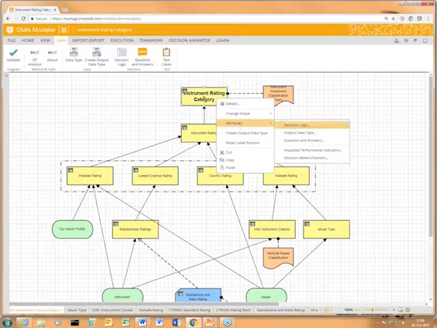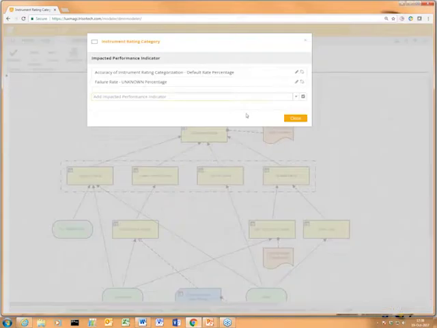In addition, if we look at the other metadata, we can see impacted performance metrics. These are the categories used to determine the effectiveness of a decision. And this isn't just idle text here. These KPIs are defined entities in the tool. They're actually linked to other models, and they're well defined, so we can actually measure how well we're performing against